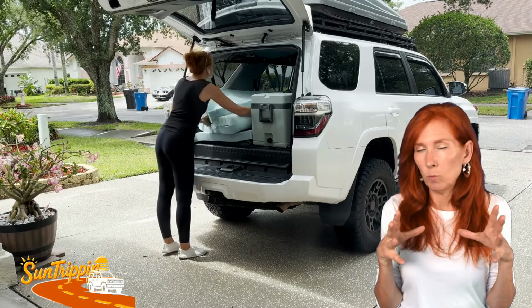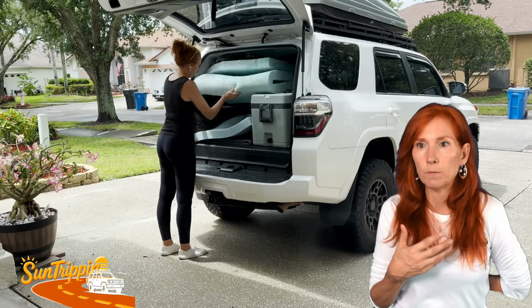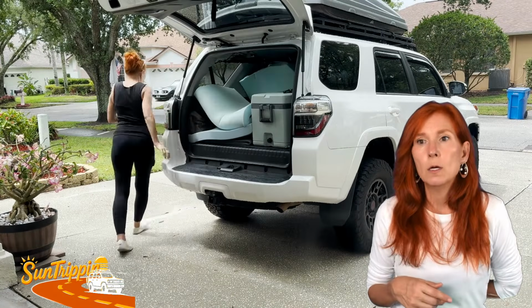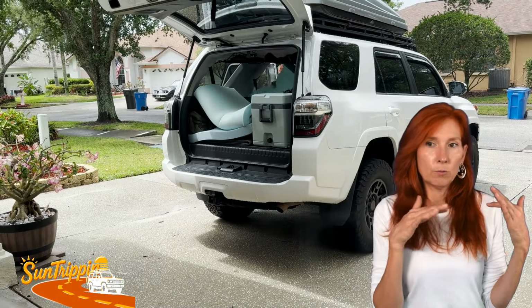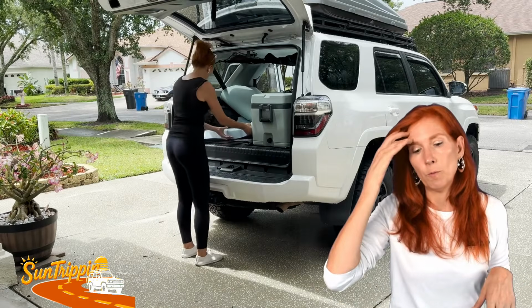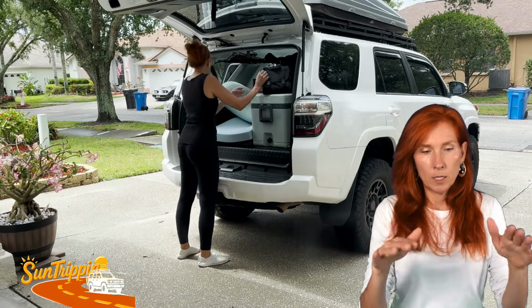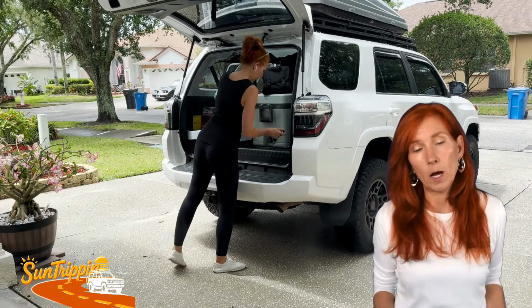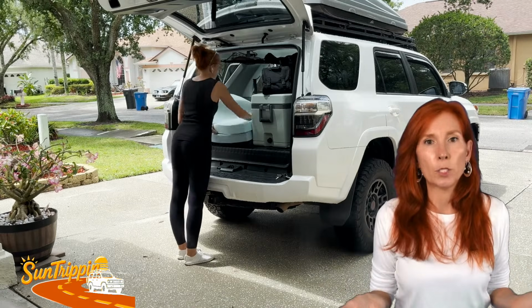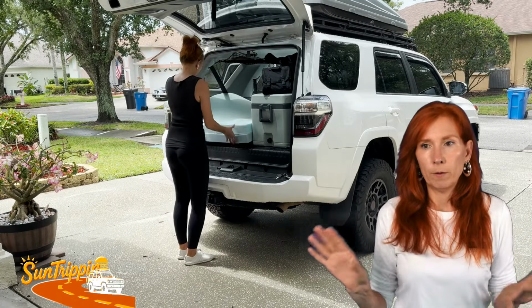So this is going to be a little more crowded than it usually is, just because of the amount of stuff that I'm taking with me to go over to the West Coast. You can see here I am going through and putting in that second layer of memory foam for the bed. I put in a water barrier that covers both of those pads, and then I put a quilt top over the top of that, just in case there's any spills, anything weird that happens,